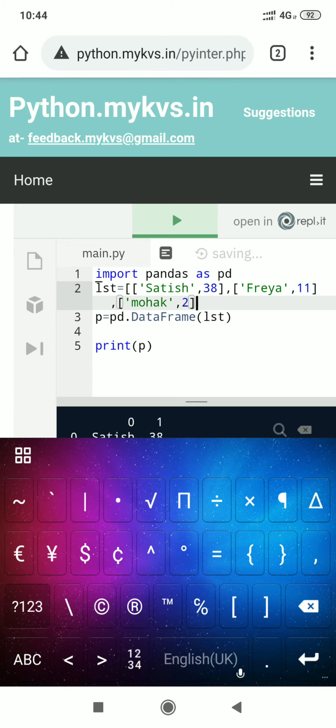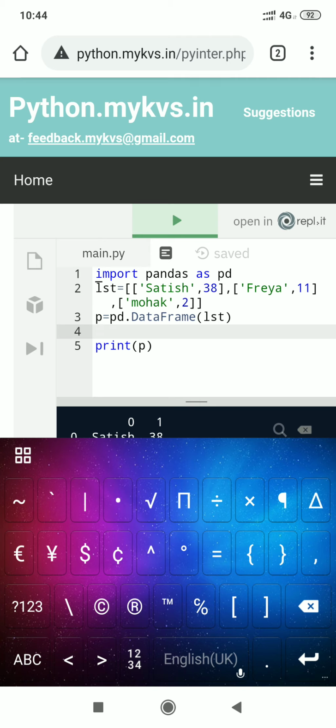So student, I think I have explained each and every part of the creation of a data frame with the help of a list.